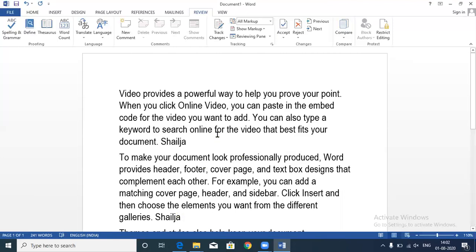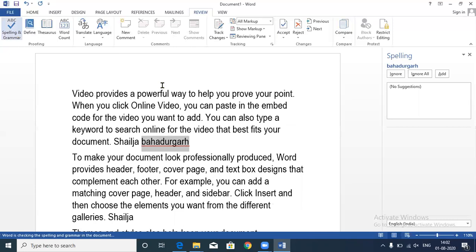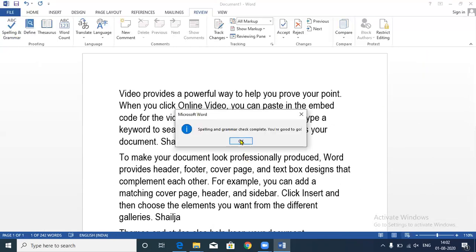Fine. For example, if you wanted to ignore one word, for example, I'm writing here Bahadur. Now I wanted to ignore this word for one time. So I'm clicking on spelling and grammar. It is not providing any suggestion. For example, I am saying ignore it once. So it will ignore it once.